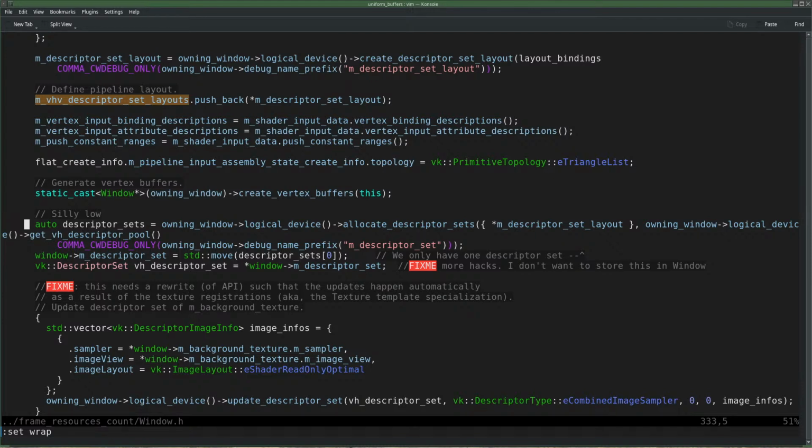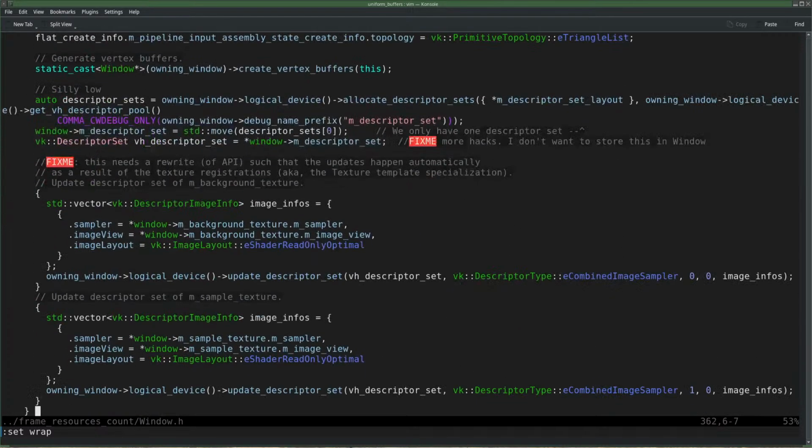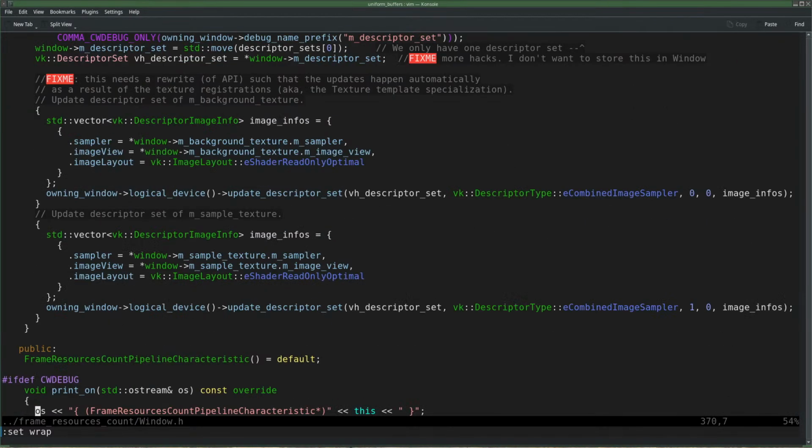Okay, yeah, create the descriptor sets from the layouts and then assign them to the window variables. And then update the descriptor sets.